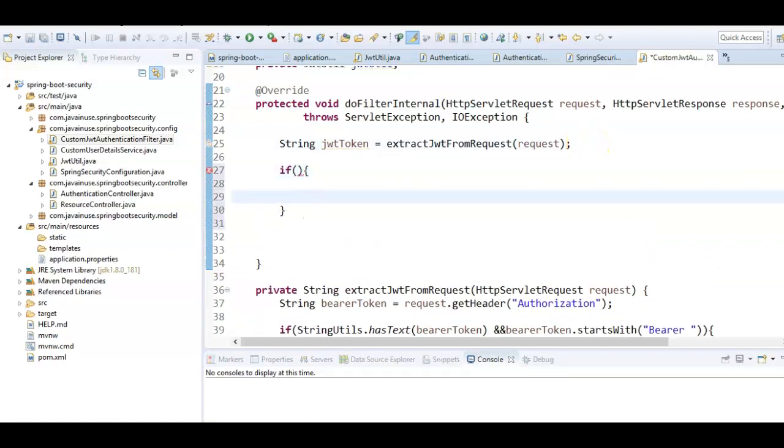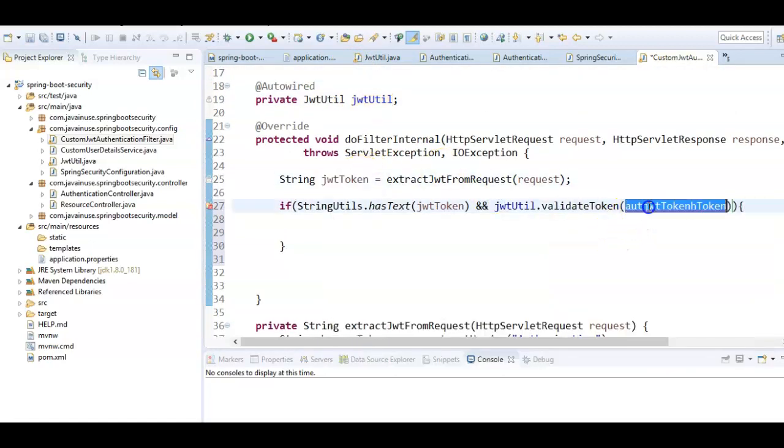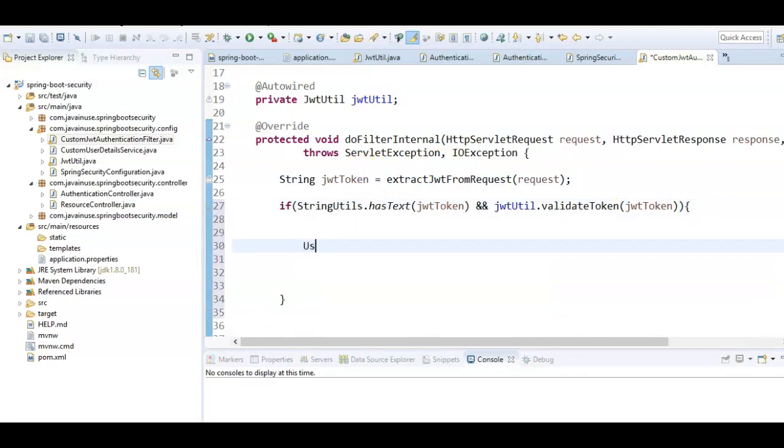Next, we'll be confirming if the extracted JSON web token is valid. For this, we'll be making use of the validate token method of the JWT util class that we had implemented previously. If the given token is valid, then using this token, we'll be creating the user object.